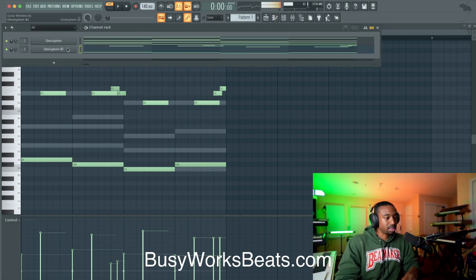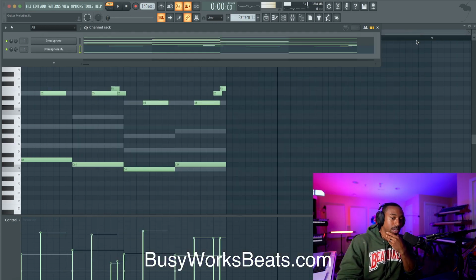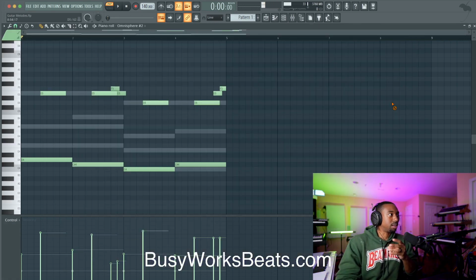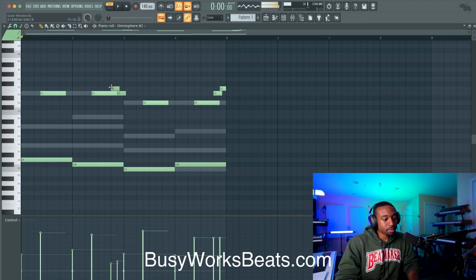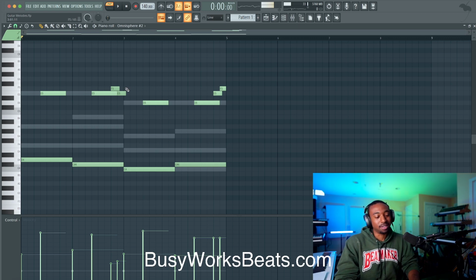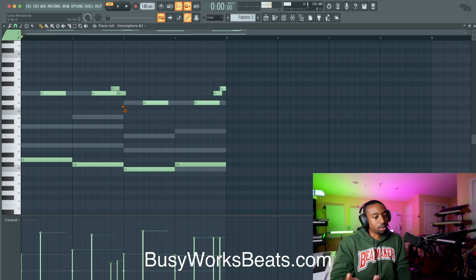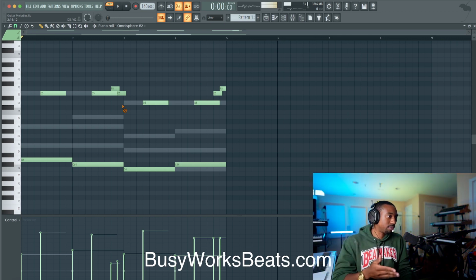Okay, now in this plugin specifically, you can set hammer-ons. Now, every plugin is completely different. So not every plugin even has a hammer-on. But a hammer-on is a pitch bend. It goes up, and it comes back down most of the time. I know I'm out of key, but that's what a hammer-on is with a real guitar. So some plugins have that, some don't. So again, it starts with the expression first.